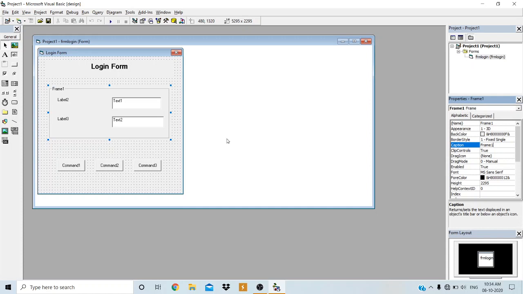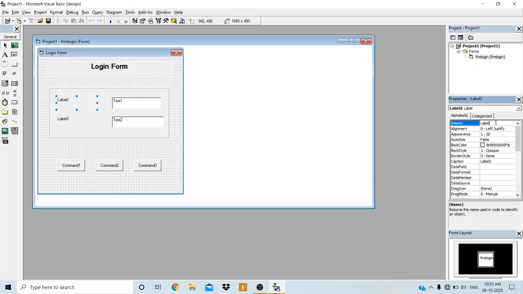But for this login form application, no need to keep the caption. So I will erase the caption and set it to blank. It looks like a container which holds these controls, that is two labels along with two text boxes. Fine. I don't want to change any other properties for the frame, only one property I changed, that is caption.